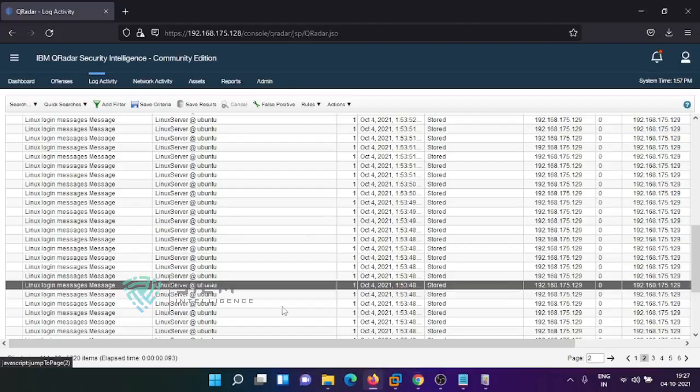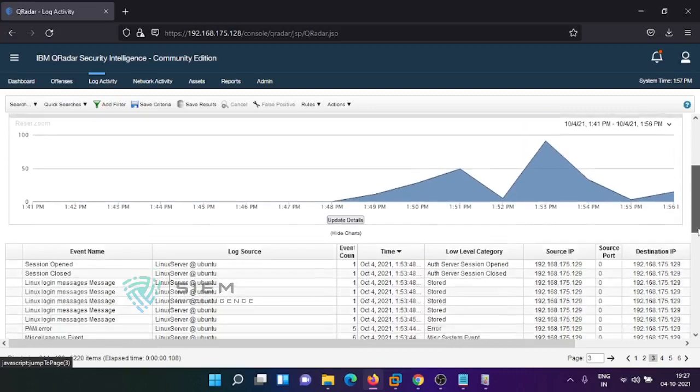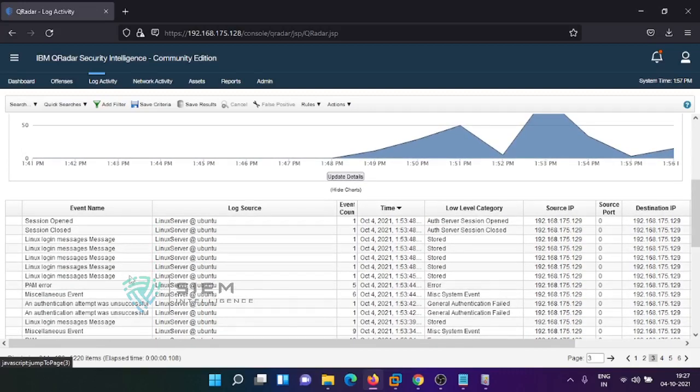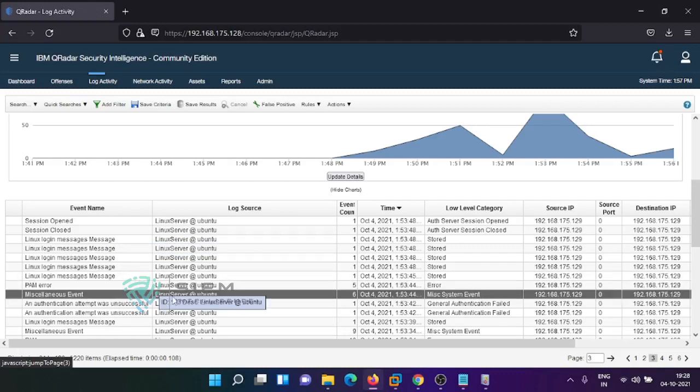So where we are, yeah. So from here it starts sending some logs, and followed by that it is sending some stored logs. See, it is sending some stored log. Why? Because it has learned the DSM, but it is not yet fully learned. It is under process of learning. So once it starts learning, first of all it will take the Linux DSM, and it has added this particular log source to the system.